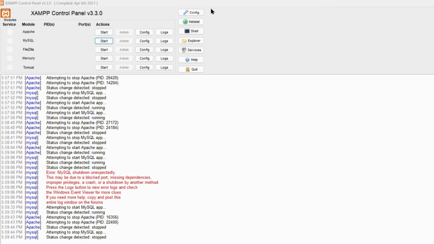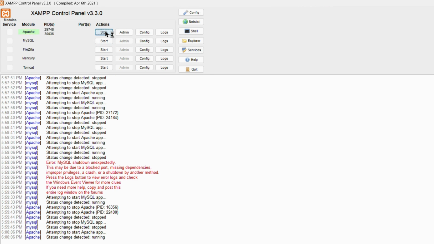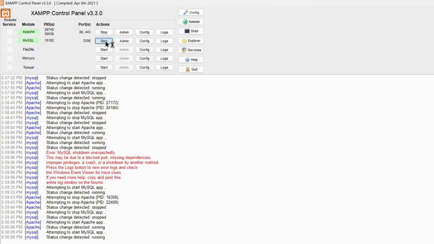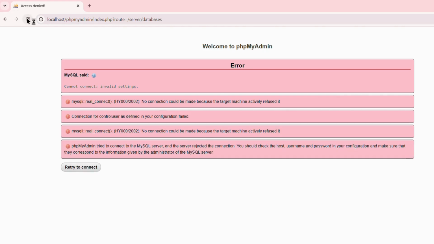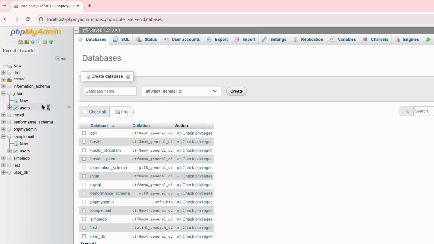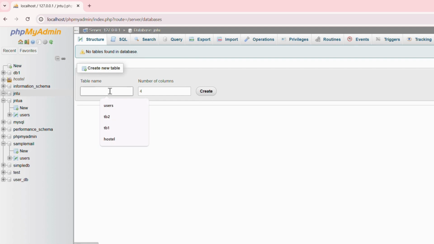Let us execute the programs. In order to execute, first we have to start Apache and MySQL servers in the XAMPP control panel, and we have to add database and tables. In the phpMyAdmin, we create database JNTU, and we have to